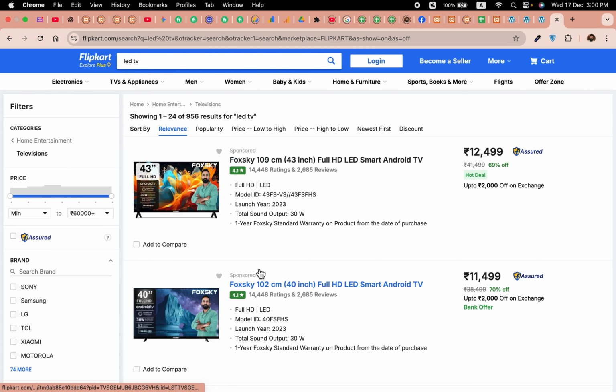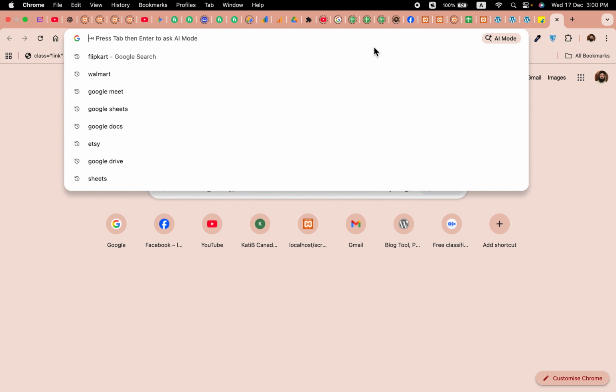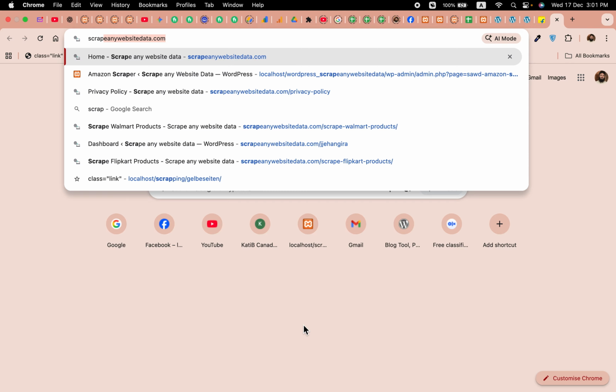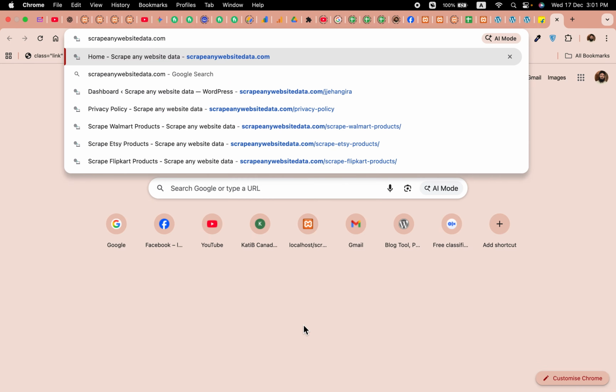CSV. So, leave it right here, just search and leave this page here. And now open a new tab in the Google Chrome browser. This is very important: you should use the Google Chrome browser because this extension will only work on Chrome. So let's go to scrapanywebsitedata.com, press enter,